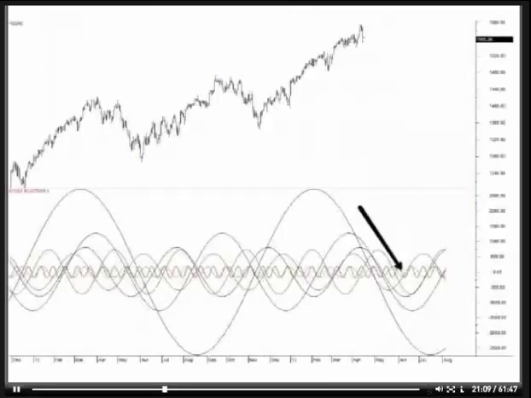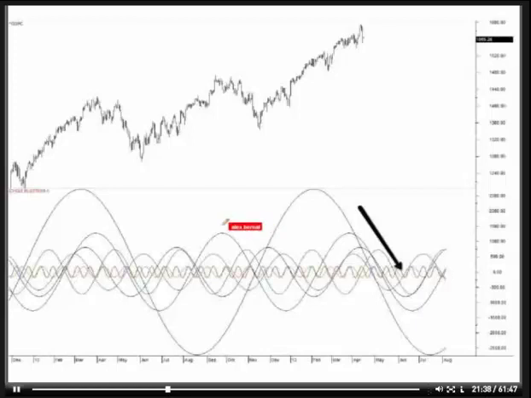So here's our first graph of the cycles that are involved in the S&P at the current time. You can see that we have a myriad of different lengths and different sizes of amplitude. And this is just the first step to looking at the cycles underneath the market. At first glance, it might be a little bit overwhelming because you're just like, whoa, what do I do with all this data? What is this really telling me?